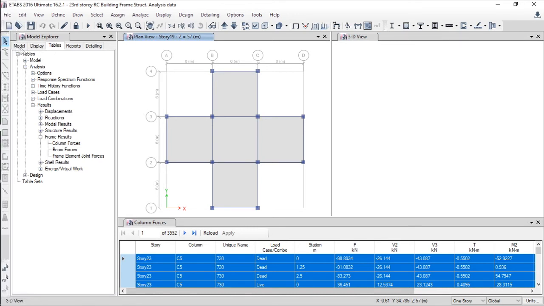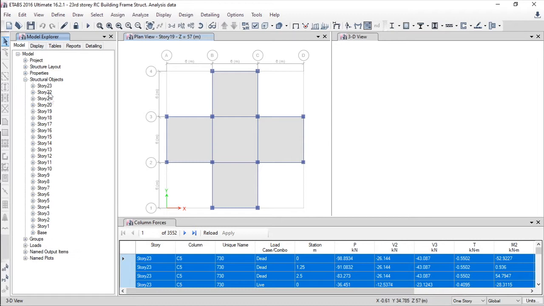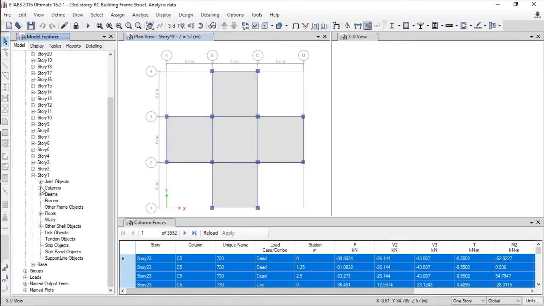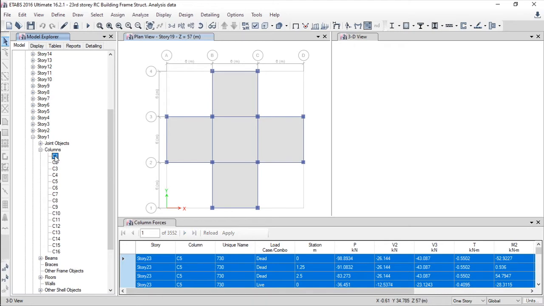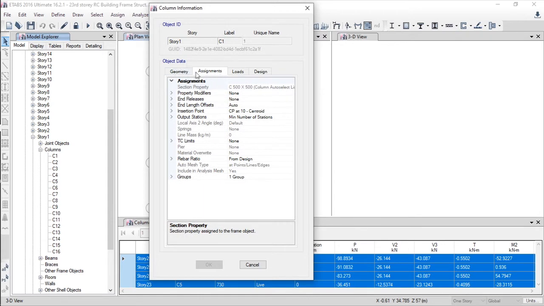Go to the structural object and base story number 1, and go to the column and select over here the C1. I'm double clicking over here. It will give you the results. Over here, go to the assignment. You can see the section property as C500 and 500 auto select property, as I have selected auto select property earlier.